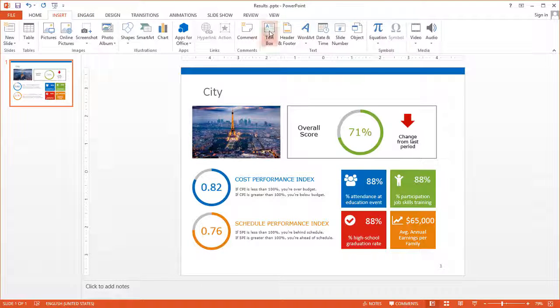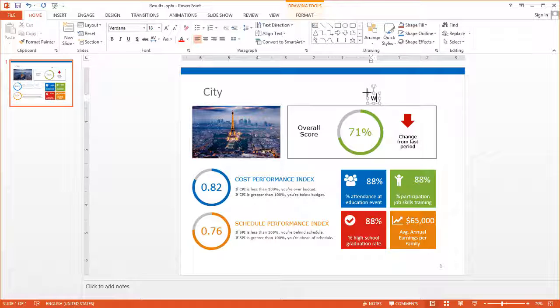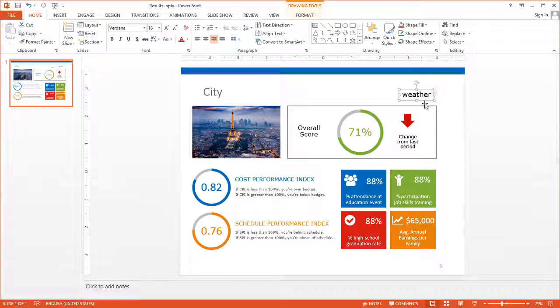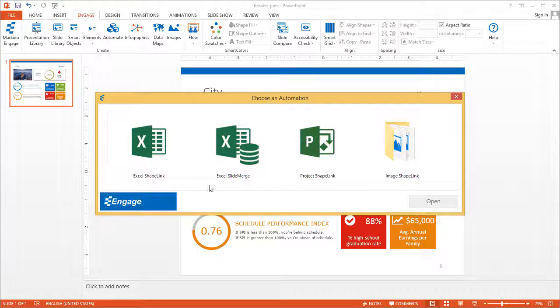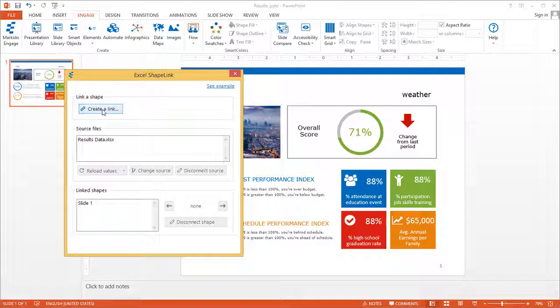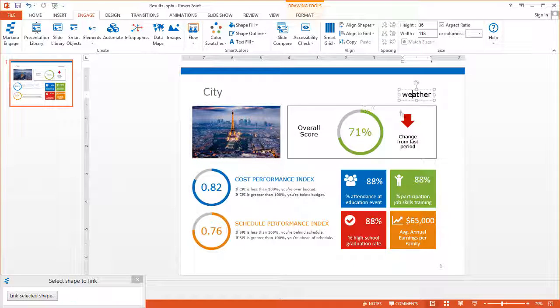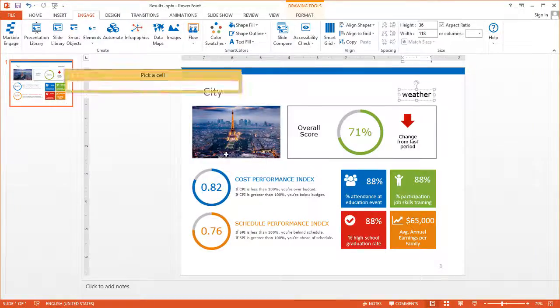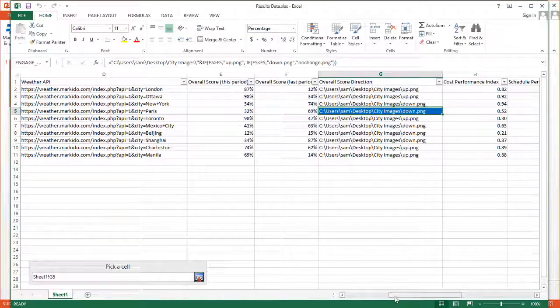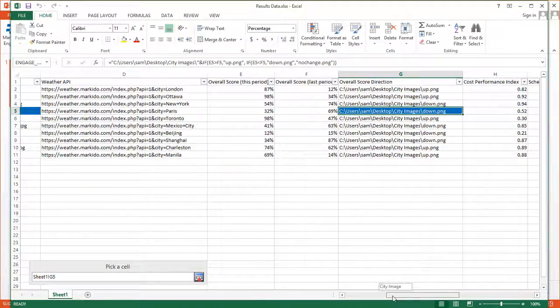So again, what I'm going to do is add a text box here, and I'm just going to call it weather, and right align this. So this is where the weather will be. So let's go ahead and click Engage, Automate, Excel Shape Link, create a link. So I'm going to link this shape here, this text box, link selected shape. I'm going to open up this Excel spreadsheet. And this time, if we go a bit to the left here,